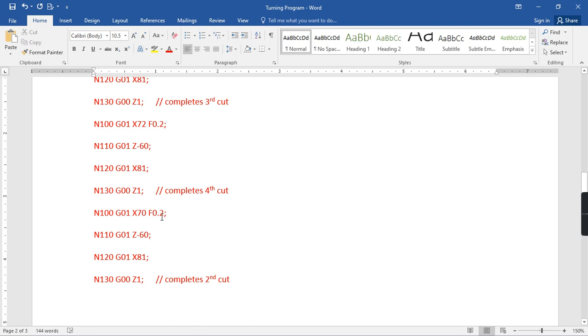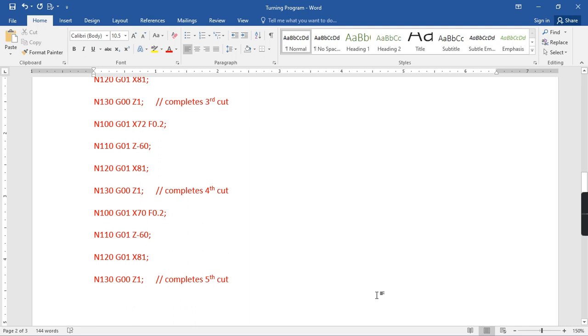We can change it, make it 6 cuts, and last cut may be of very small depth. So again G01 X70 F.2 G00 minus 70, retract back, come to its original position. So this is fifth cut. So this completes all the cuts.